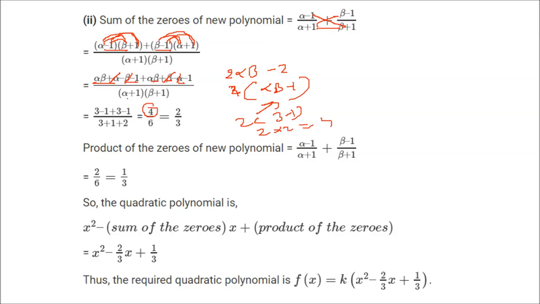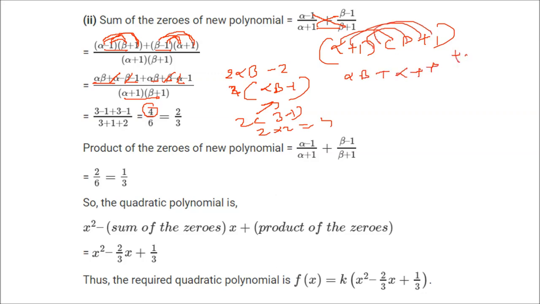Let us come to the denominator. Denominator, alpha plus 1 into beta plus 1, we have already done this. Let me do it again. Alpha beta plus alpha plus beta plus 1. So alpha beta, put it here. That was 3, I presume. Alpha plus beta is, I presume, 2, and that's 1. So you get a 6. So 6 is the denominator. So 4 by 6, you get 2 by 3.